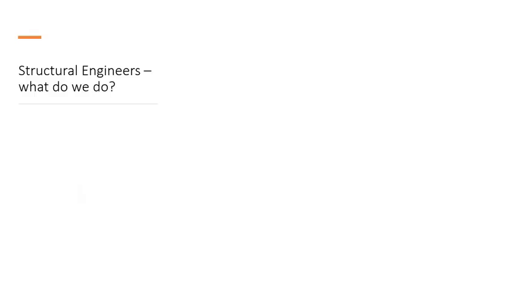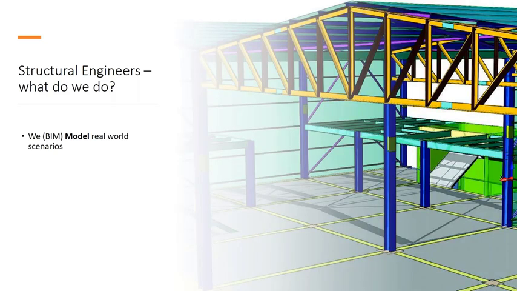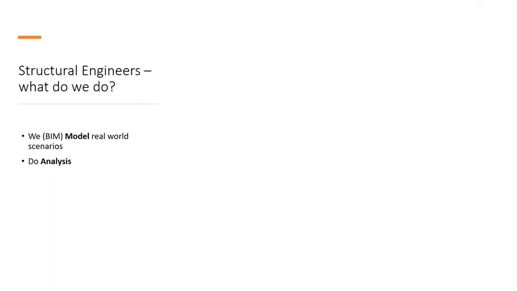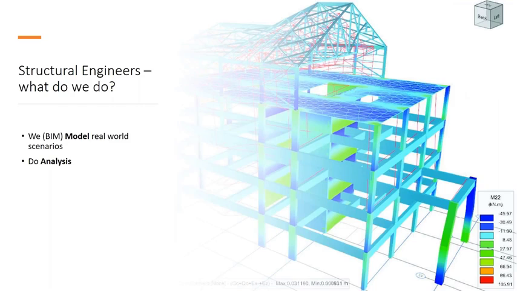Now, let's start with structural engineers. What do we do? Let's try to recapture what we do in our lives. Well, we model the real world, don't we? We try to model the real world in the best way possible, and we try to make a model which is a multi-material model. It can have steel, it can have concrete, it can have other materials, and we try to make sure that it resembles in the best possible way what the real world scenario will be, so that our analyses are correct. We do analysis after this modeling, and so we